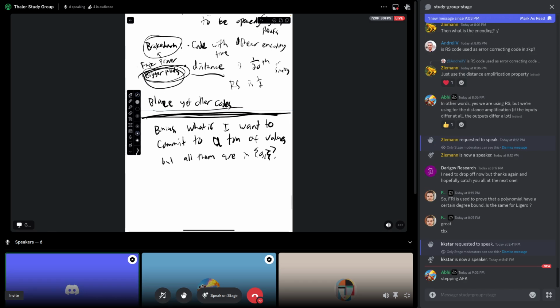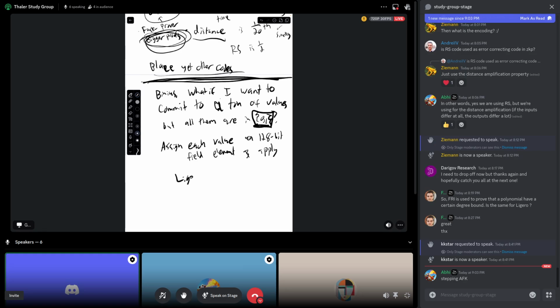The old way of doing this would have been to assign each value, even though they're the smallest possible values, just 1 bit each, 0 or 1, an entire 128-bit field element, and apply your favorite hashing-based commitment scheme, whether it's Ligero or FRI or whatever, to that